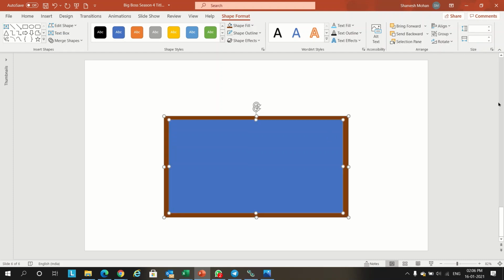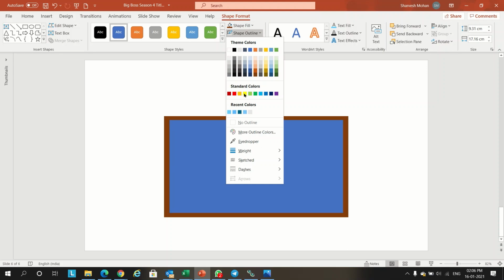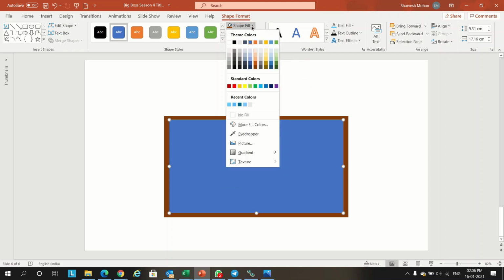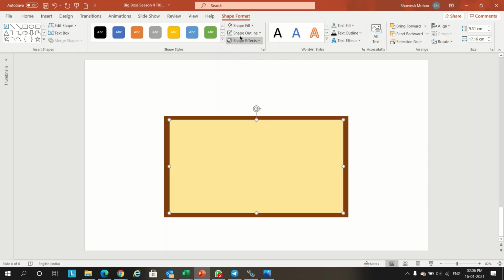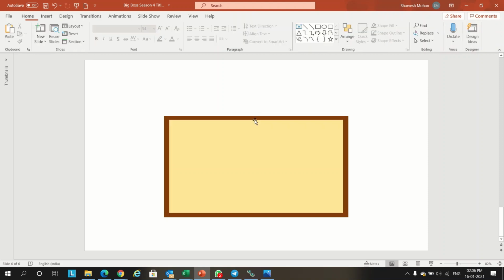To make it center, we'll go to align, align center, align middle. We'll change this color maybe to this color and give shape outline, no outline.